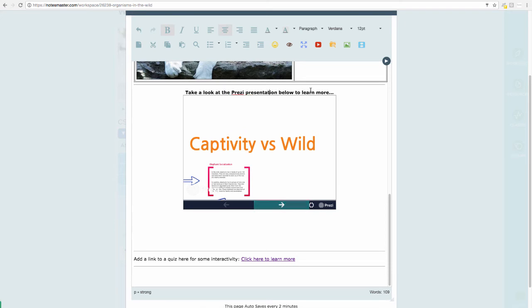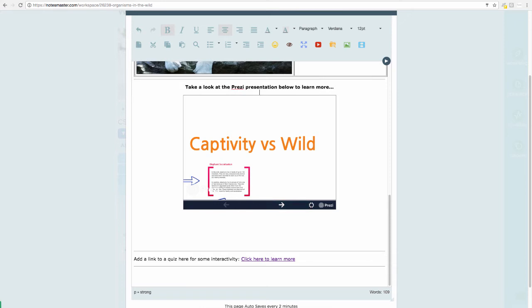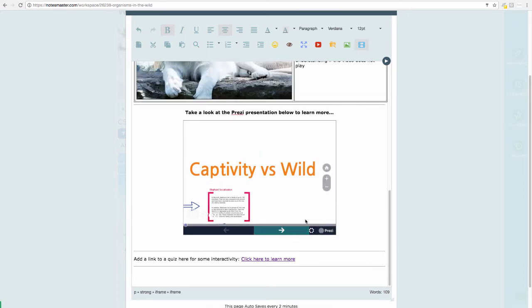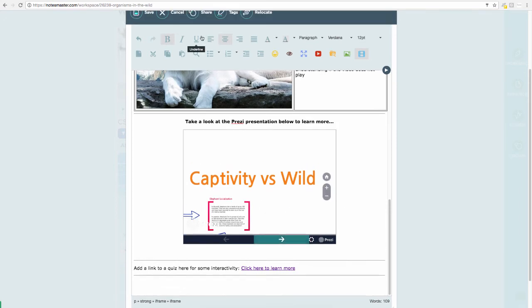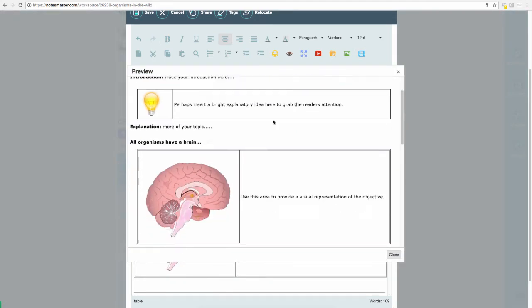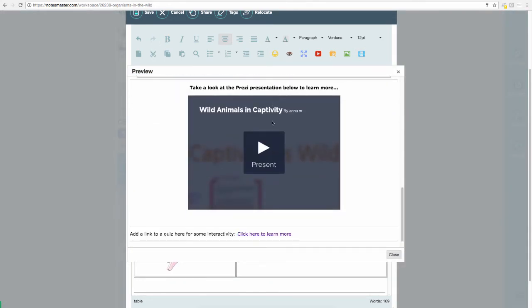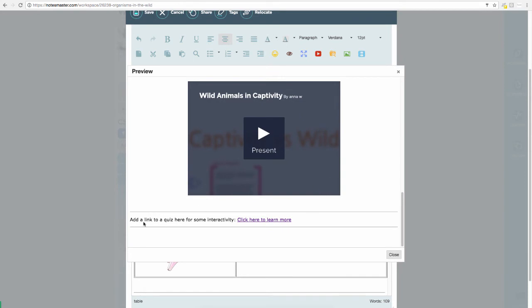Now, let's put a gap in between so our page looks a little bit balanced, and let's reduce this gap here. So we've got our Prezi sitting in a space, and we can save as we go along, and let's have a little preview here. So our note, Prezi, and the last thing you see here is a link to a